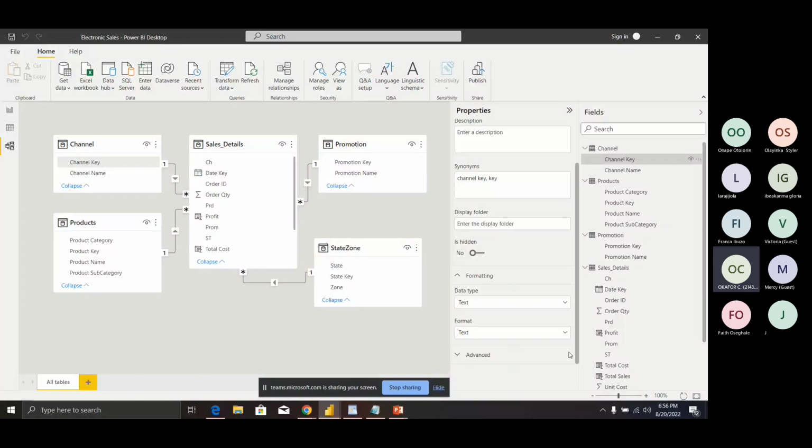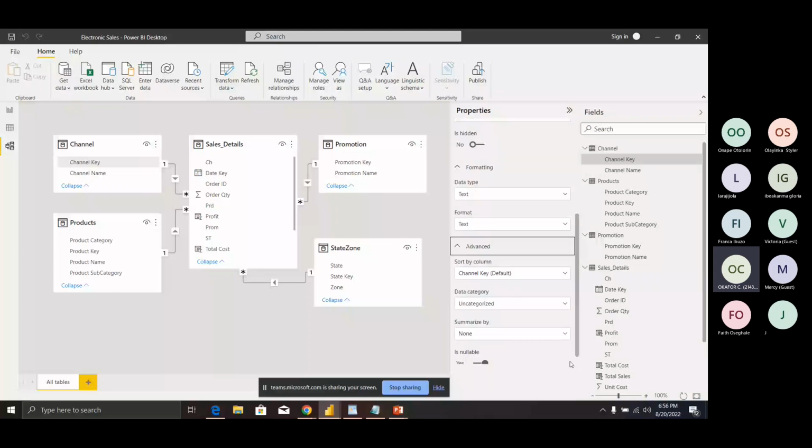And then we have the formatting, where you decide whether it's a text, whether it's a number, whatever it is, you decide it from this. And if you're dealing with numbers, you could define it as a percentage or decimal, depending on what it is. Then you still have the advanced section, where we do another type of modeling,